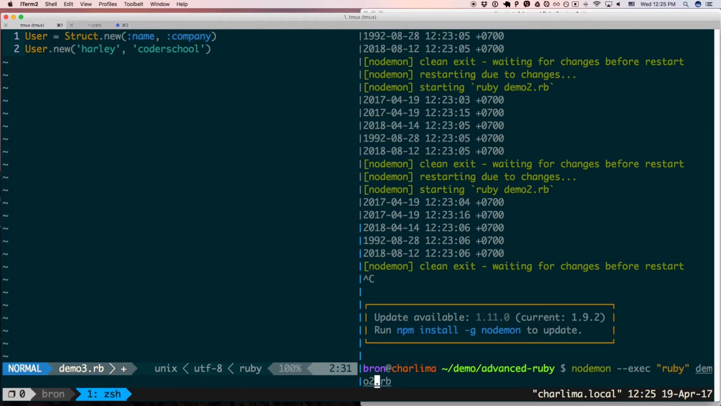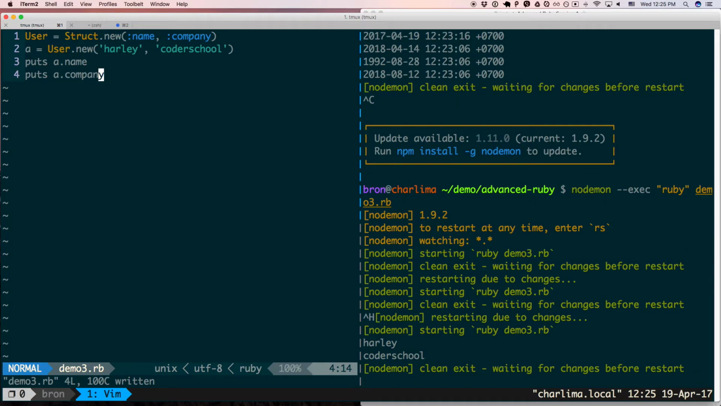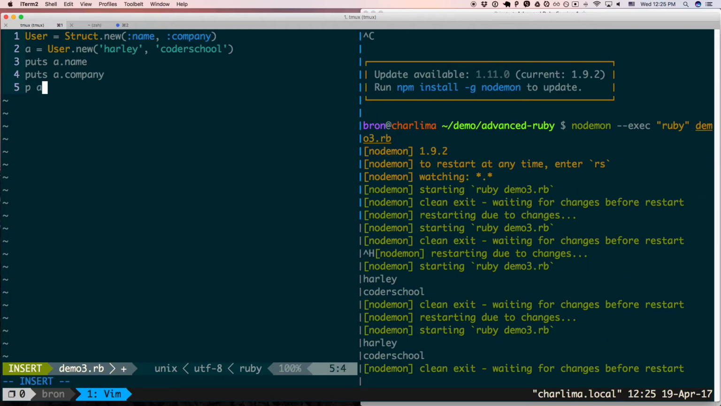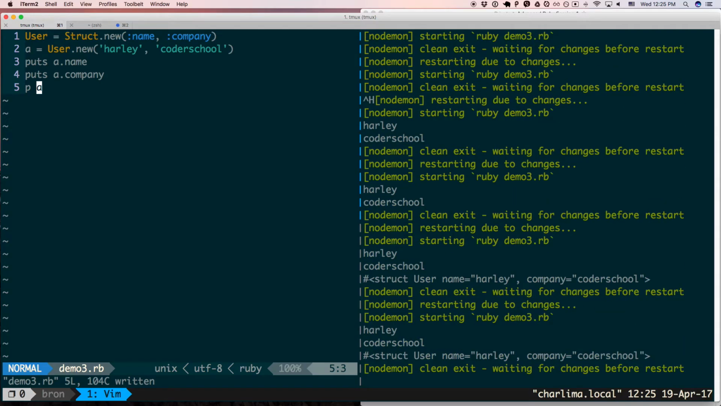So let's run this, demo 3. Inspect. You see that? You can print, so puts a.inspect gives you this. It's a struct, name and Harley. So this is very convenient, faster than writing